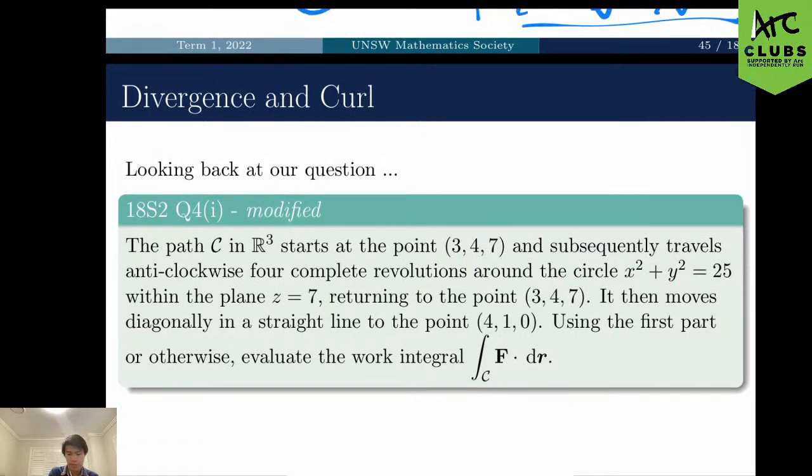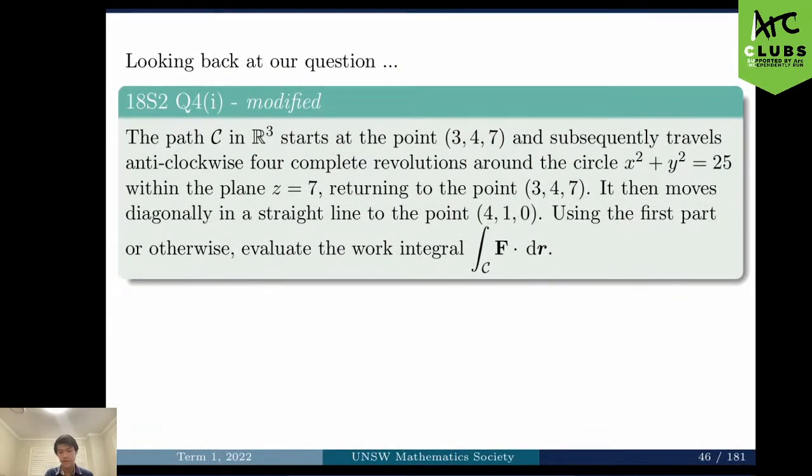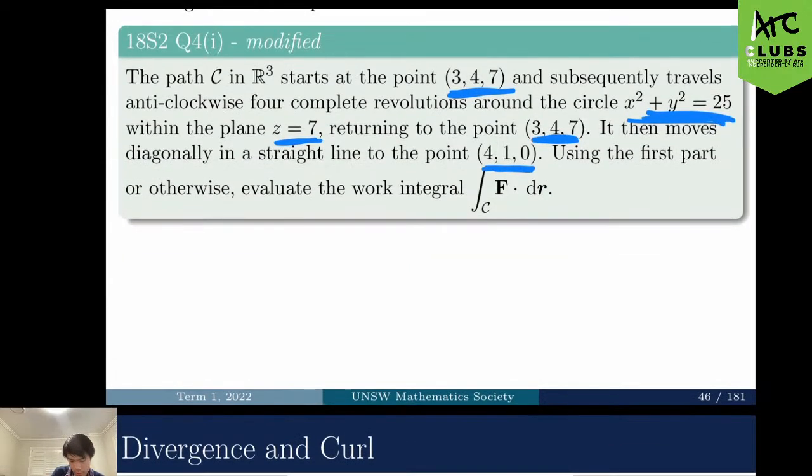We've got a path, and apparently it starts at (3, 4, 7), and it travels anti-clockwise 4 complete revolutions about this circle, x squared plus y squared equals 25 within this plane, where it turns to the point, then it moves diagonally in a straight line to (4, 1, 0). So it seems like this path is a bit out of control, but when we think about it, who even cares what happens? With conservative fields,